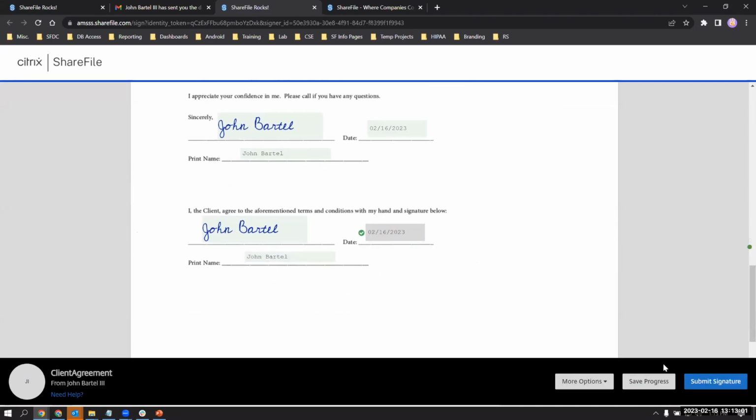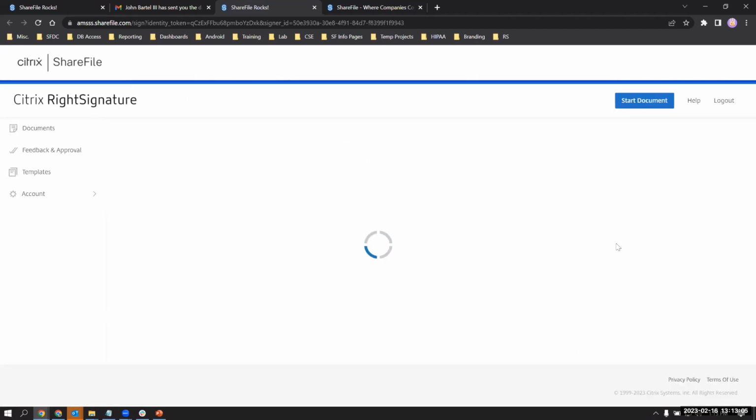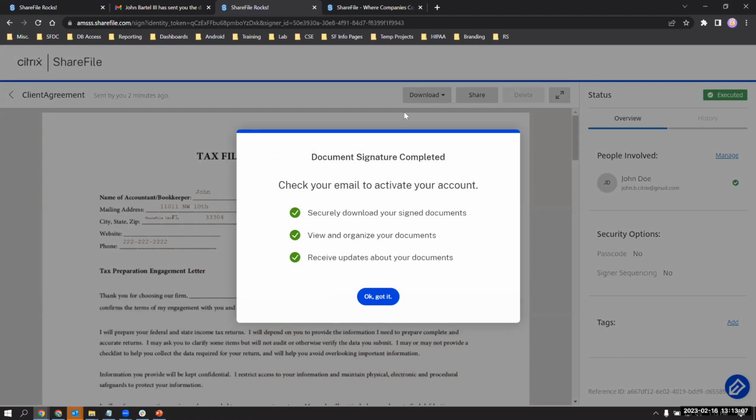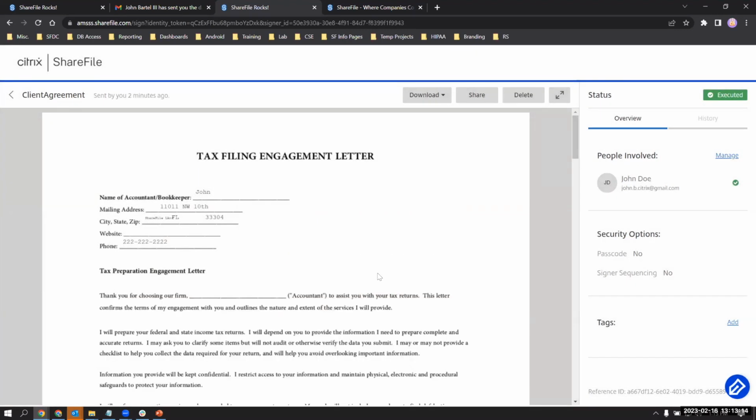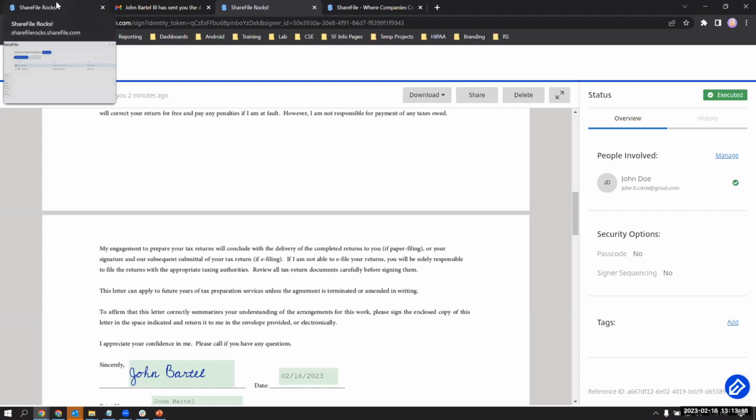And we'll just put today's date, and we're just going to submit signature, and we're just going to agree to the terms and conditions. And there we go. And it'll give us a nice little message that, okay, everything was signed and agreed on. So as the client, I'm ready, good to go. I signed my agreement. So if we actually come back over here,